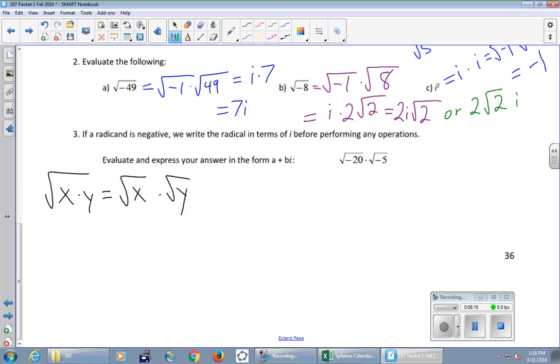And so if I use this property, it tells me that if I have one radical with multiplication inside, I can split it into 2 radicals. But then just go in the other direction, if I have 2 radicals multiplied, I can smush together into a single radical, right? And so that's what I have over here. So I'm going to say don't write what I'm about to write. But I'm going to try to apply that property here. Don't write this. This is now taking 2 radicals, smushing to a single one.